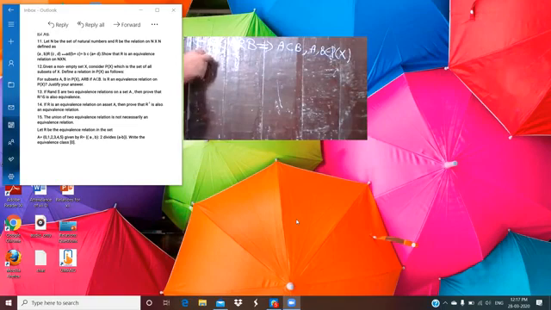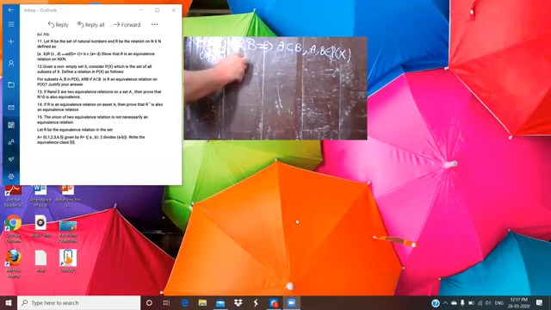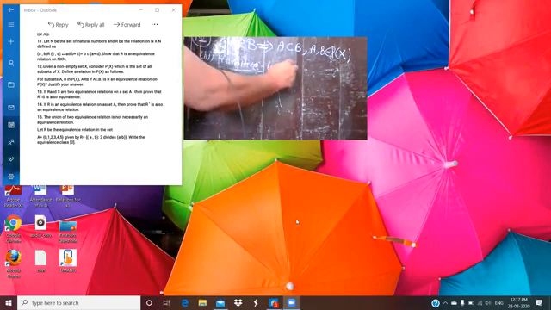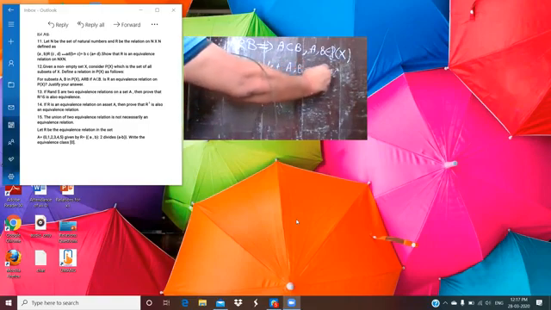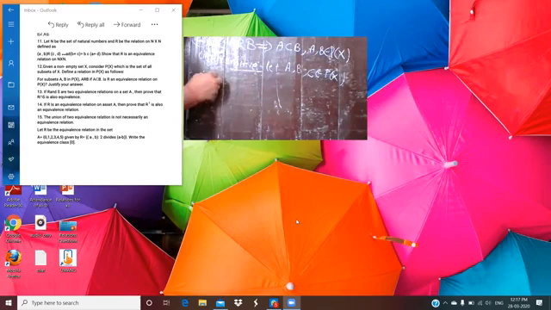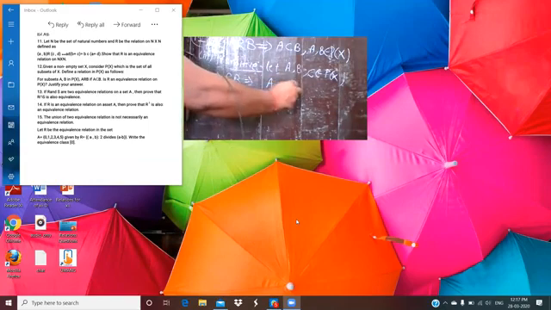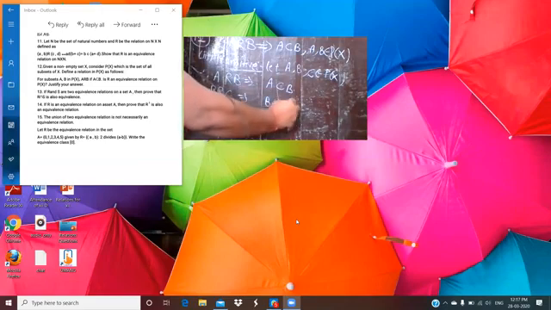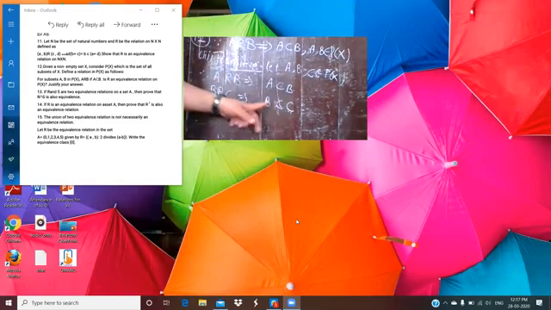In case of a transitive relation, here you take three elements A, B, and C, which belong to the power set P of X. Now take the relation between them. A R B implies A is a subset of B. B R C implies B is a subset of C. Now here, A is a subset of B means B contains A, and B is a subset of C means C contains B.